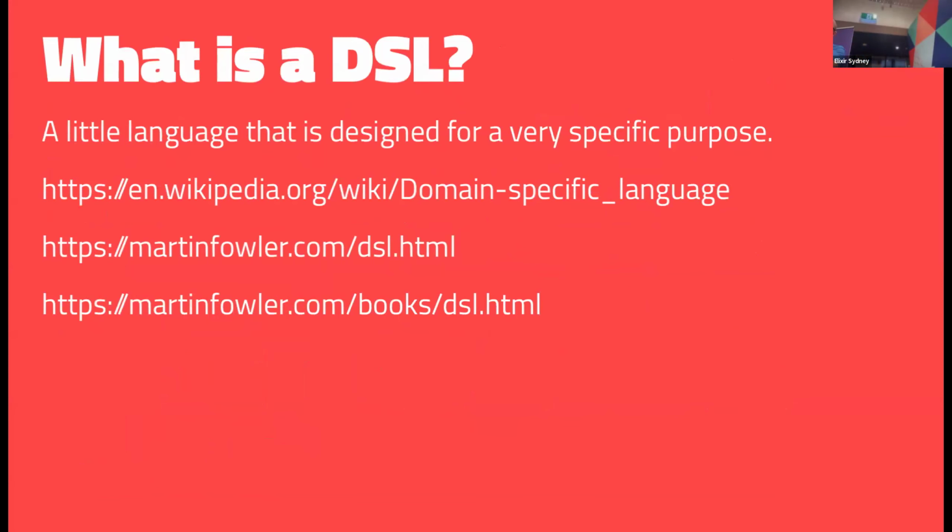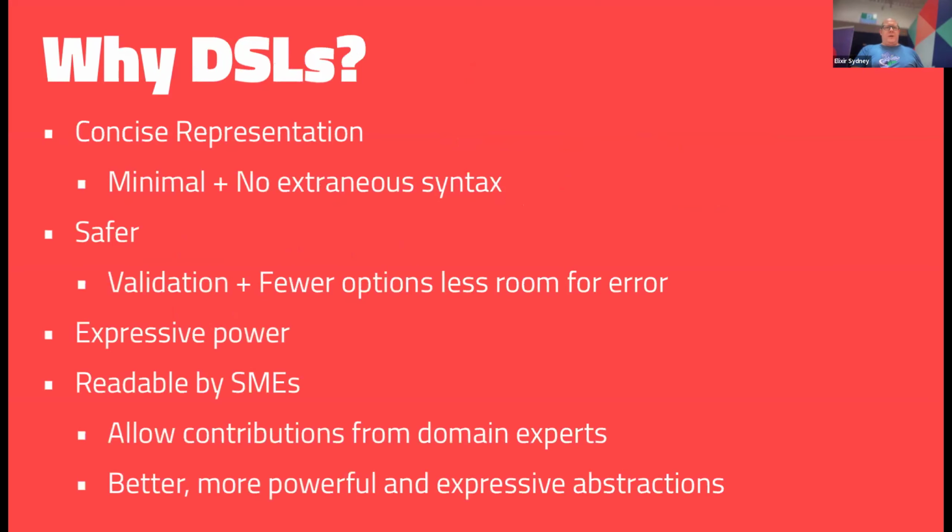Domain specific language is basically a little language that's designed for a very specific purpose. I don't often go around recommending Wikipedia pages, but if you want to learn more, the domain specific language Wikipedia page is actually a pretty good read. And Martin Fowler wrote a lot about DSLs in about 2005, 2006. If you've read Martin Fowler, his writing's generally pretty timeless. He had a bunch to say around that time and it still holds up. So check those bits of writing out.